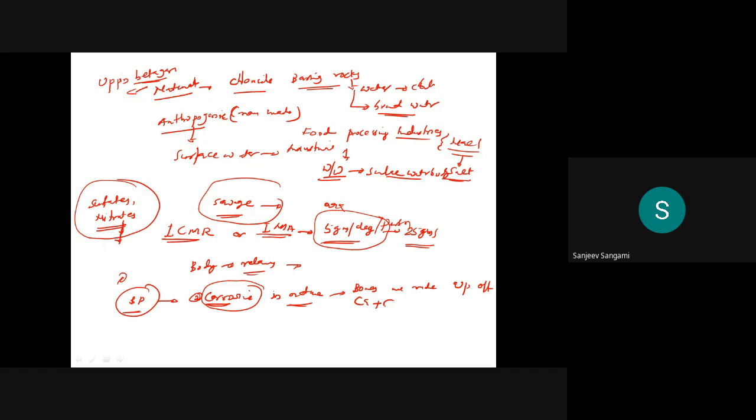When calcium combines with chloride, it forms calcium chloride, which is like a precipitate. When calcium combines with chloride, the corrosion will start. A precipitate is nothing but a corrosion. Once it is corroded, then definitely